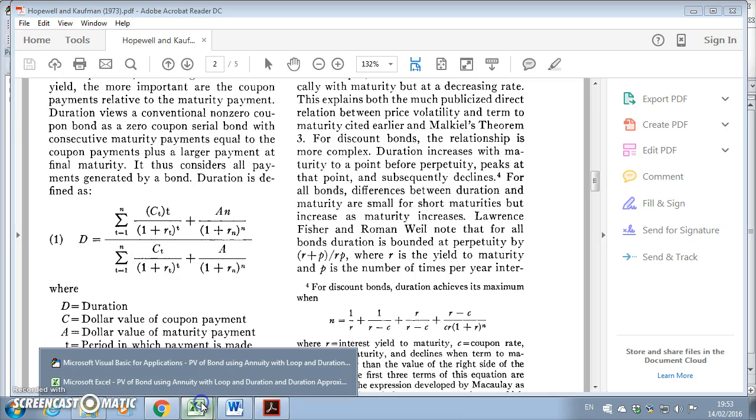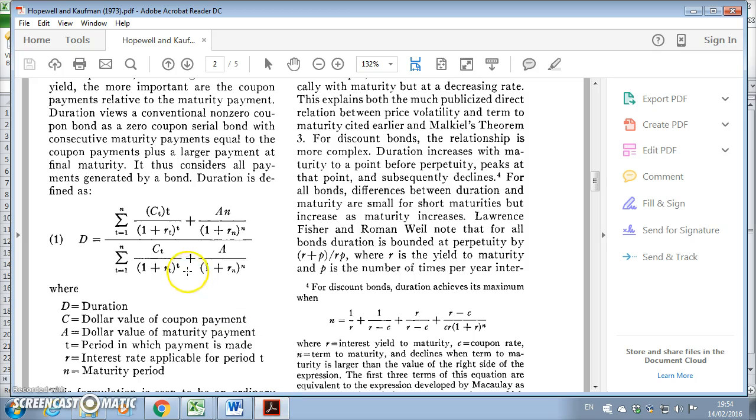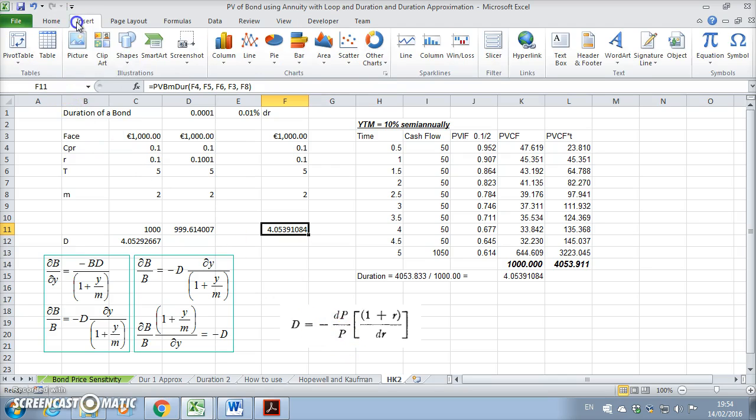So whichever way we estimate duration, whether we use this format or this format, we get results that are very, very similar. So 40539 and 40529. Relatively small difference between the two,